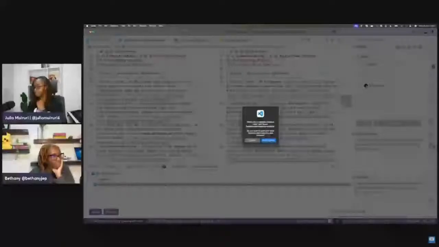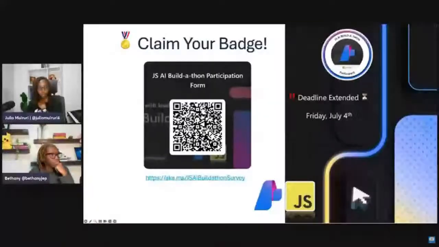Now you're done with the Build-a-Thon this month. So for those who have completed the Build-a-Thon, this is the next step for you. We have this form that I'll ask to be shared on the chat as well. This form is what you will fill. This will give us details like your name and your email address for us to share the participation badge. And it will also ask you to give us some feedback in terms of how the experience was for you and some suggestions on what we can do better for the next programs that we will want to run with you. All right, so I think basically this wraps up today's session.